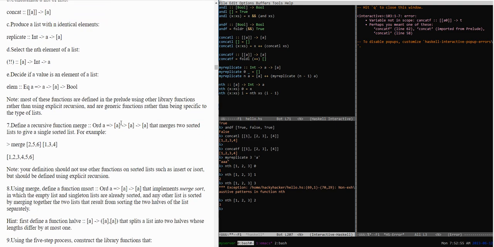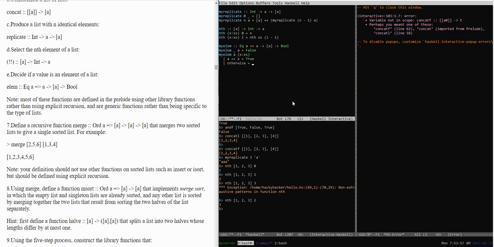Okay, that works. Decide if a value is an element of a list. My elem... okay, so my elem of anything and any a is false. My elem of x and xs, oh no, I don't think that works. My element of x is a is x is true, otherwise is my elem